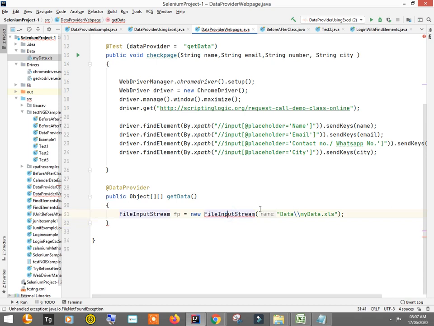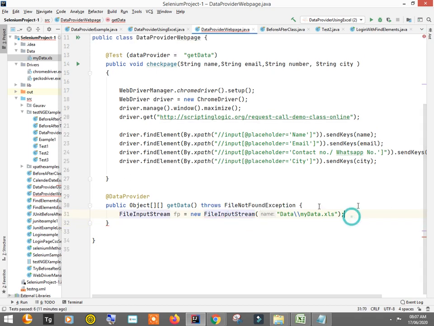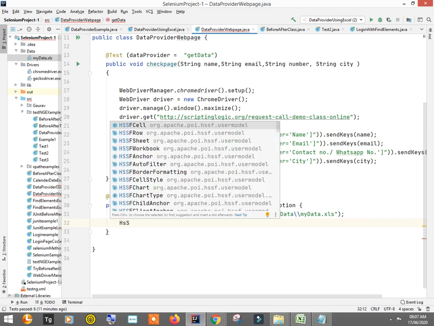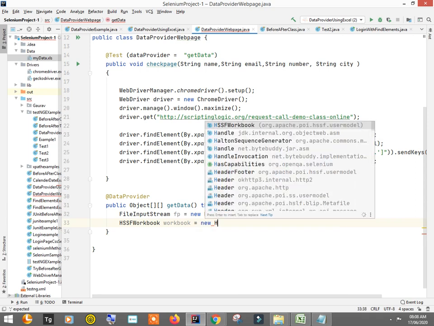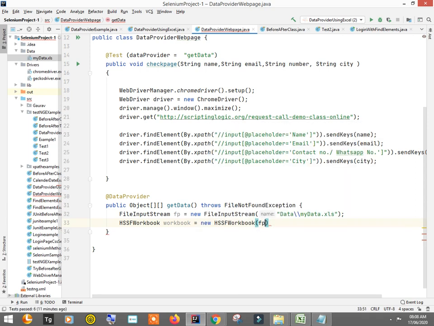It is throwing exception, we should handle it. And yes, we read the file, then what is next, HSSF workbook is equal to new HSSF workbook, pass this file object, right? Again, it is throwing some exception. So we should handle it.